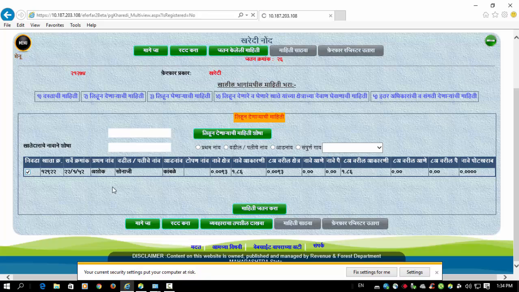We have to select it. If we know the account number, then we select that landholder's account. The seller's account holder is available in the database.